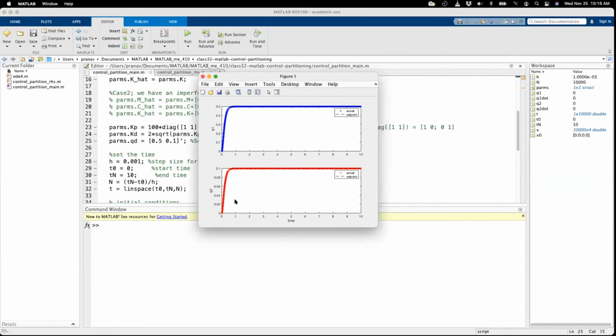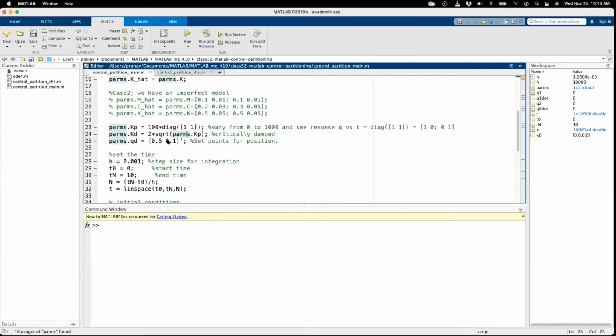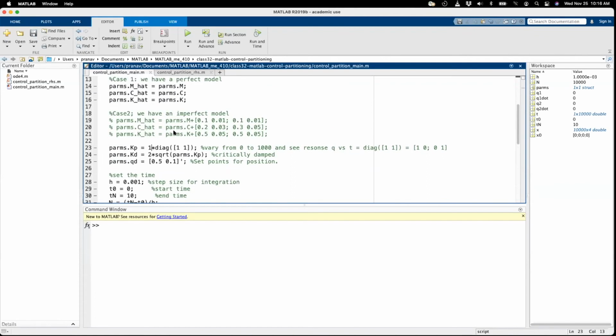So here it is in less than 1 second. So you can see that the effect of increasing the gain is to make the system respond fast. Let me go back to 1 and now change the system,